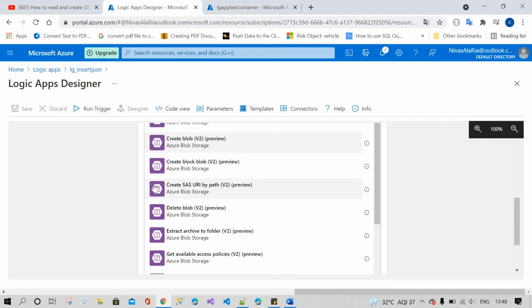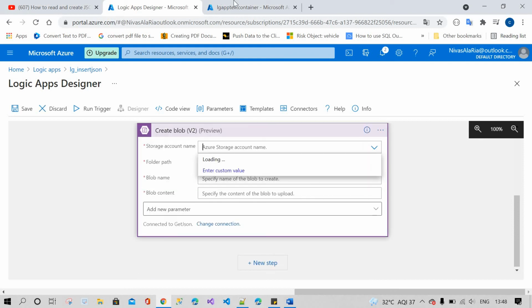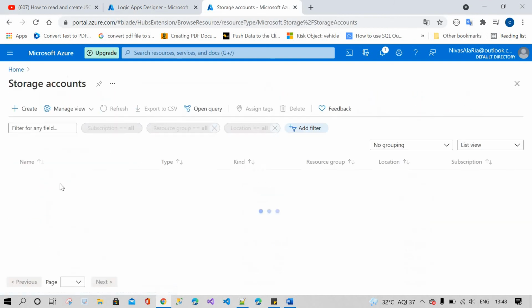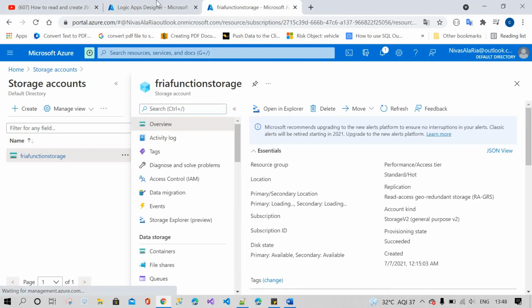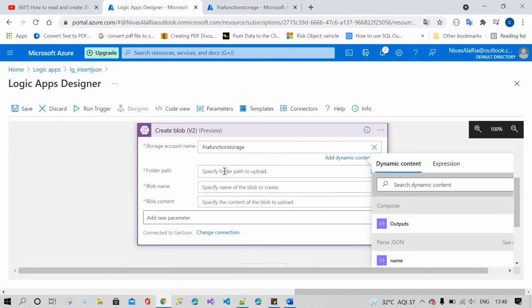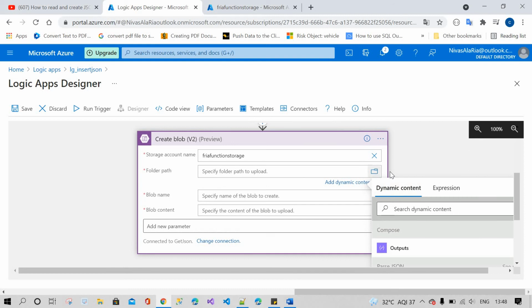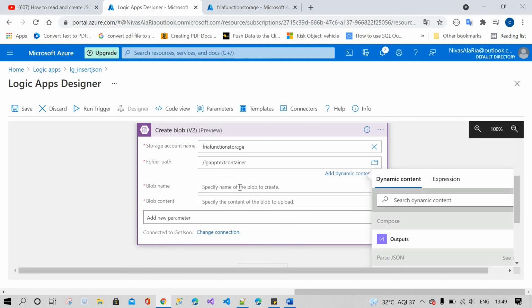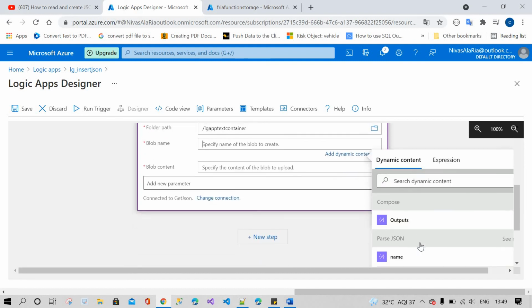Create a blob. This is my Azure storage account. Enter custom, and the folder path. You have to choose the folder path, the LG app container, and the blob name will be JSON data.